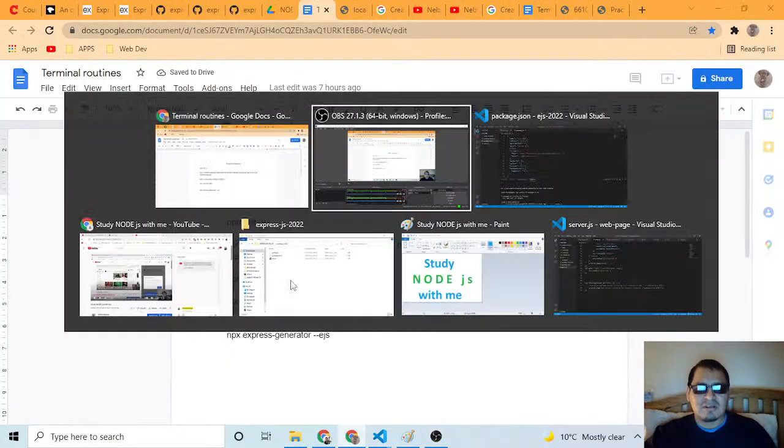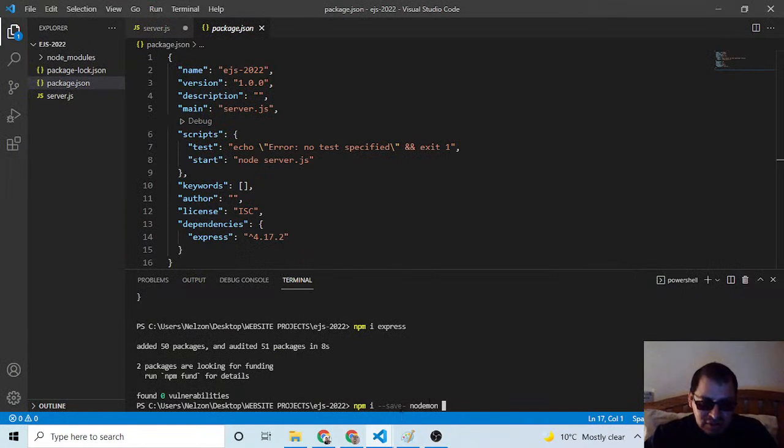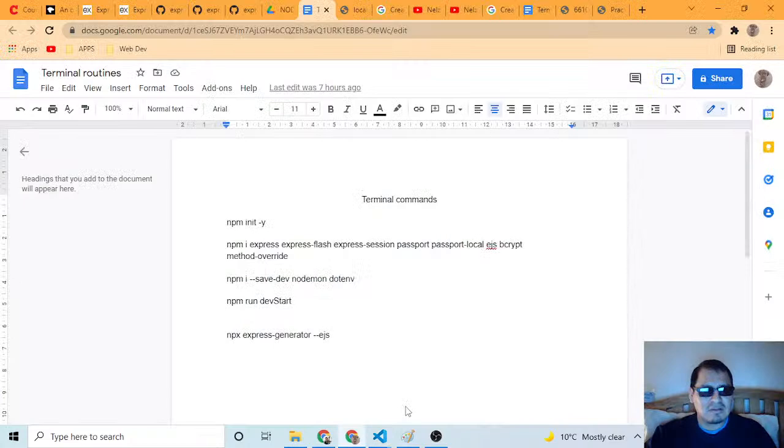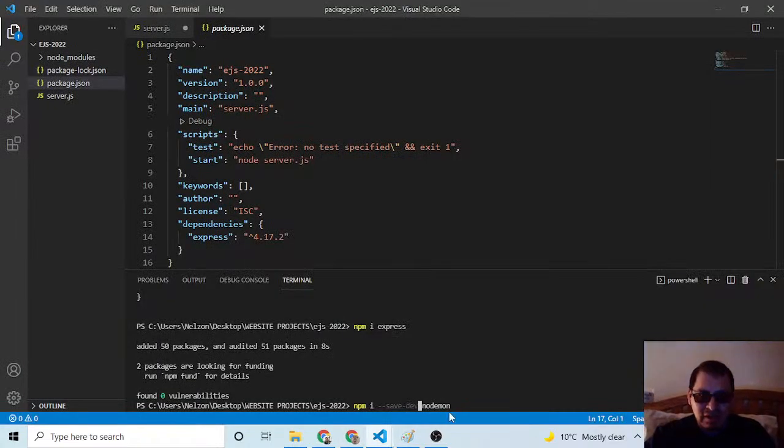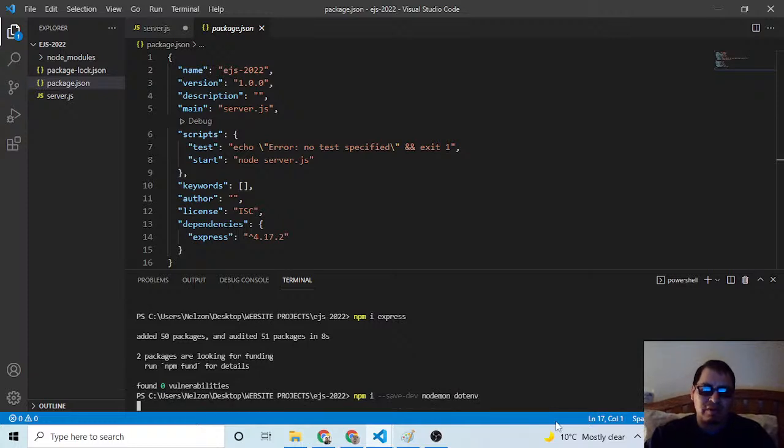So I can go to save dev, like that. Save dev nodemon. Okay, so I'm going to install nodemon, and I will also install .env. So I'm installing two more modules. The nodemon will help me